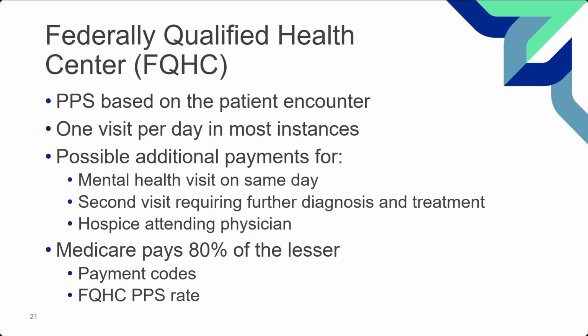And when we look at this prospective payment system, there are payment codes which can be given, and these codes then look at the 80% less of that versus the prospective payment rate, and which one do you get less of. So when you put all your payment codes together, you get everything on your claim. What's the dollar amount? Okay, we're going to take 80% less. Or is it less to give you the prospective payment system? And that's what we're going to look at when we look at these two types of things.